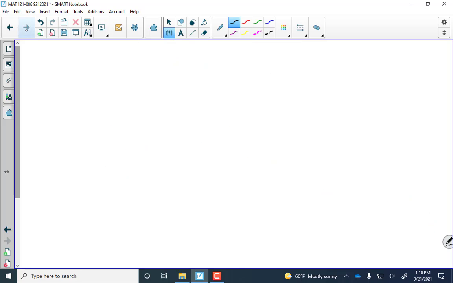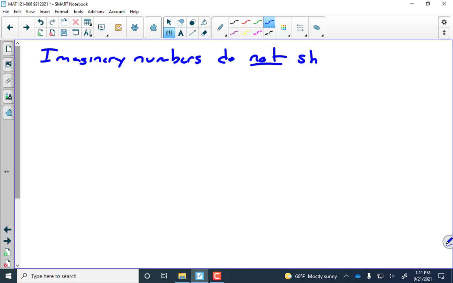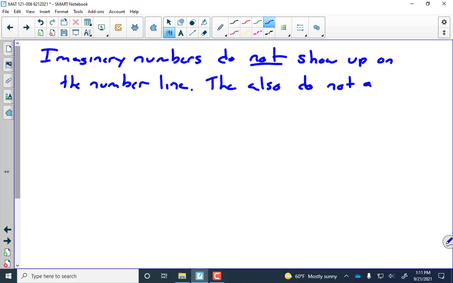So let's talk a little bit more about these imaginary numbers. Some of this will be a recap from last time, some of it's kind of new. But imaginary numbers do not show up on the number line, which we did mention last time. They also do not give ordered pairs